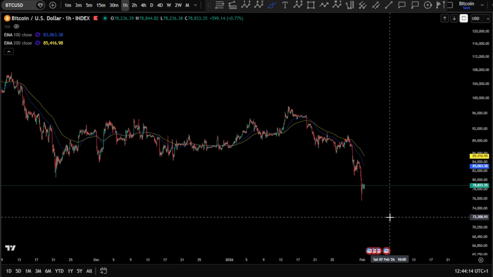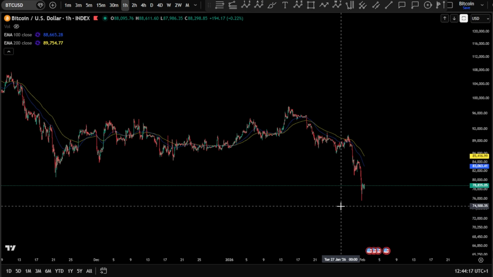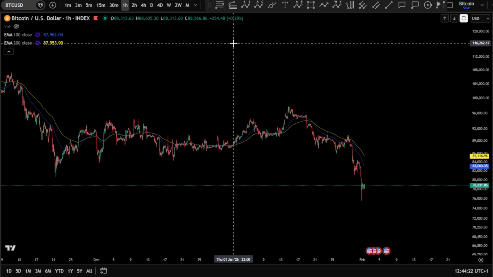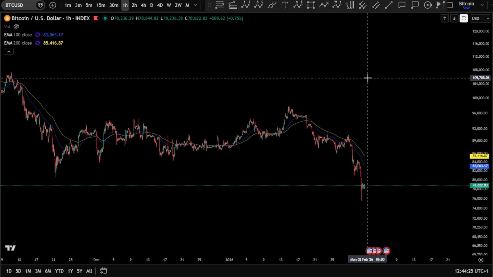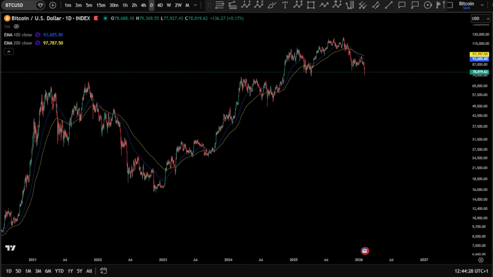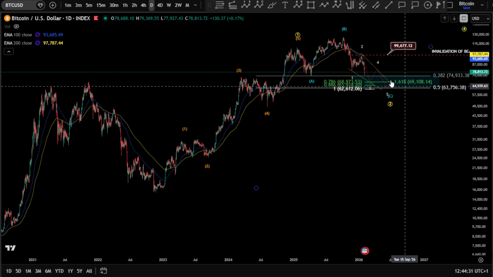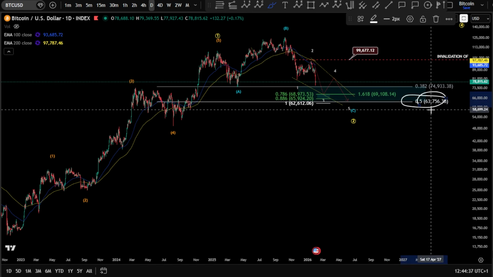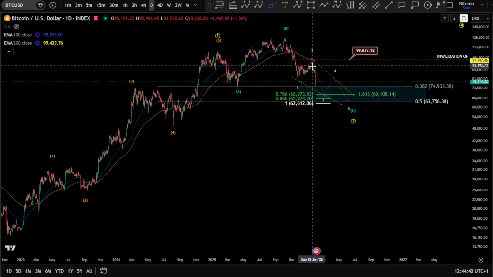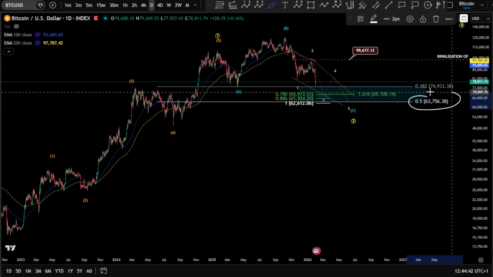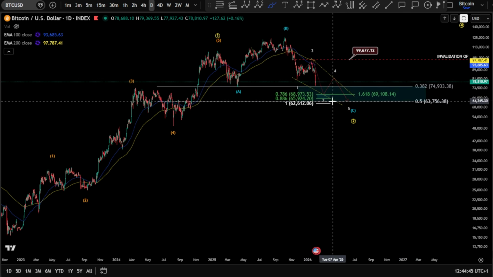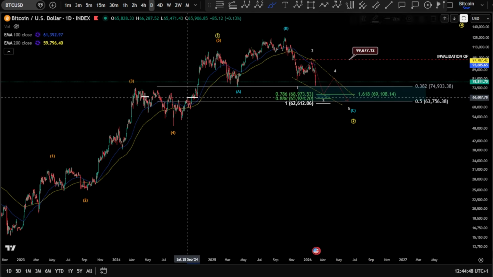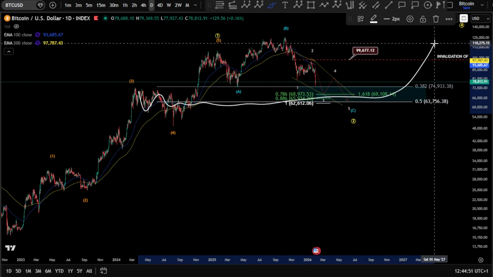Yep, so these are the indicators for Bitcoin from the daily to the 1 hour chart. And of course, based on Elliott Wave analysis, they align perfectly, I would say, with our highest possibility here for Bitcoin, which is the ending diagonal that we are looking for here around the 69, 67k. I'm expecting it can even be the 0.5 fib level here if this ending diagonal wants to be aggressive. 63k 700 can even be a perfect target to push for higher, especially with this very strong hold technical area there. And we'll see how this is going to unfold.